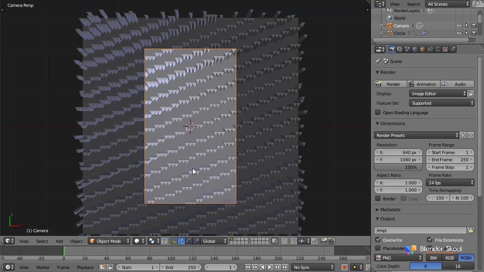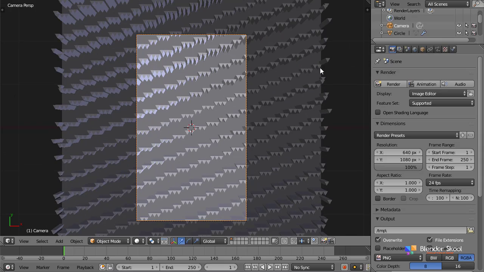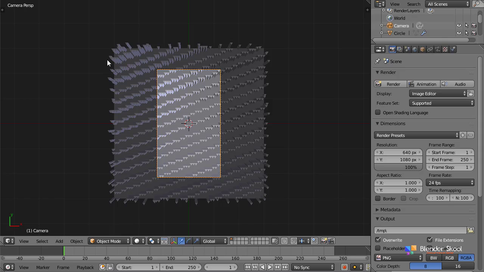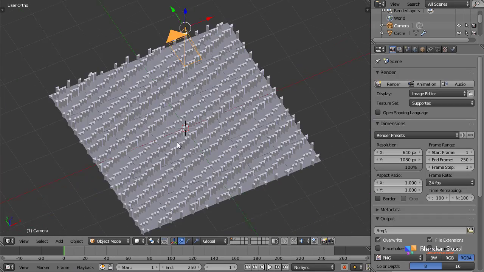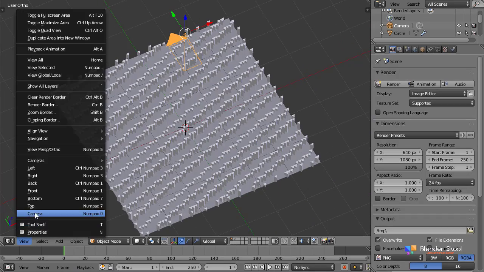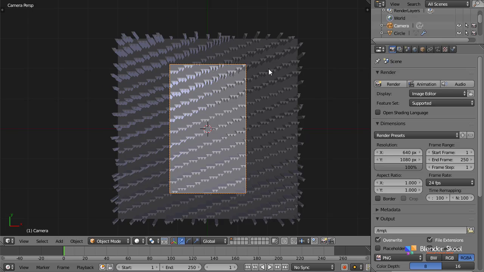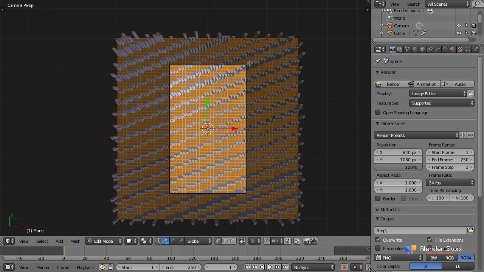Okay, so as you can see, we have a whole lot of particles which are not even going to be rendered. They're outside the camera. So it's a good idea to bring all those inside, so that even those particles are being used in the scene. Otherwise they are just going to consume memory, and it's not going to be seen in the render. So let's do that. I'm going to come in the camera view, and I'm going to select this plane, press Tab,